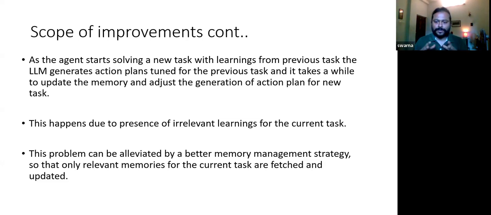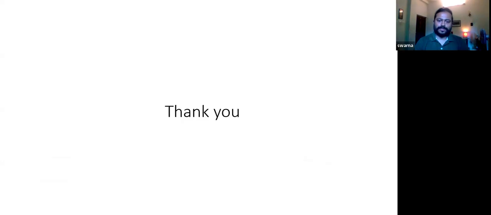In this way, we don't have to limit the set of learnings to a very small set. And also the relevant memories that we fetch will be more contextual with respect to the task that we'll be solving. So this type of memory management we can probably use. So that's all from my side.